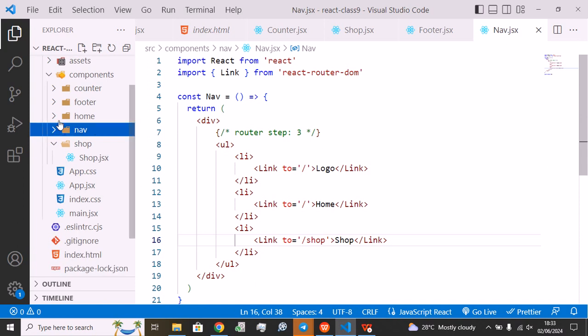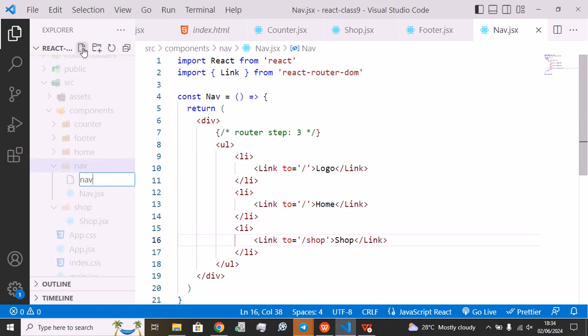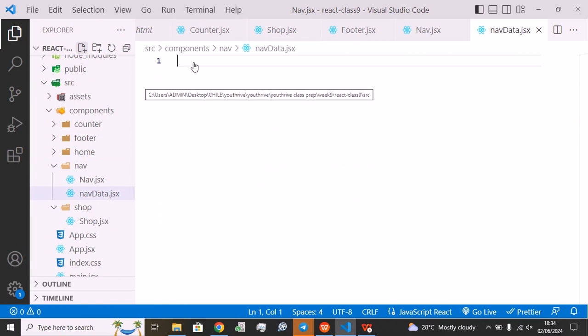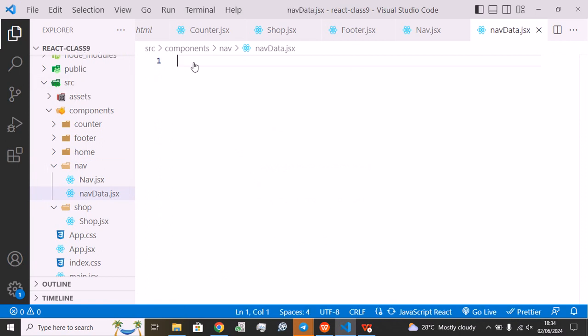So I'll create a file called navData.jsx here. Remember this is not a component, so it doesn't have to start with a capital letter. This is the convention I use in order not to get confused. So the thing that I'll do now, I will export 2 things here. I'll say export const, that's the wrong spelling, export const